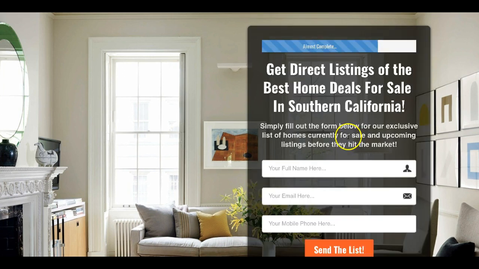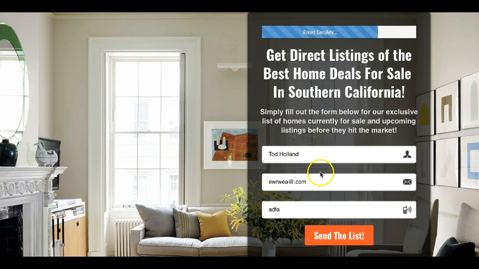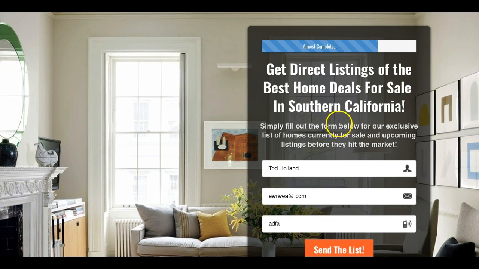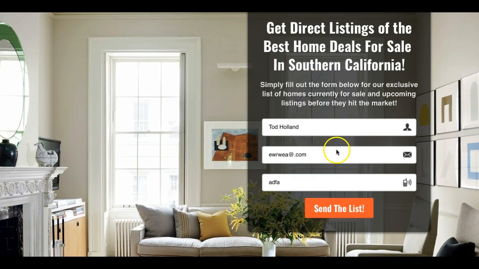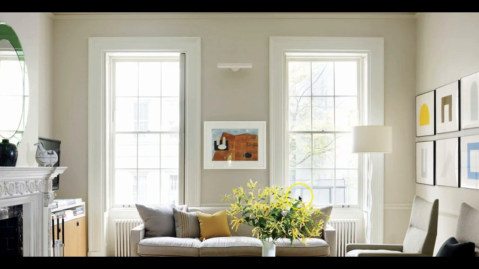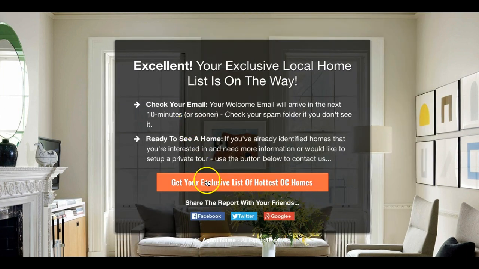When they click on this button, they're taken to a name, email, and phone number aspect. So we get direct listings for sale in Southern California. When they opt in here, well, this is actually not a, let's say, a Gmail. Let me use my real address here. So we'll do Todd Holland Real Estate at gmail.com. Once they opt in here, we'll click on send them the list, and they're taken then to a page where